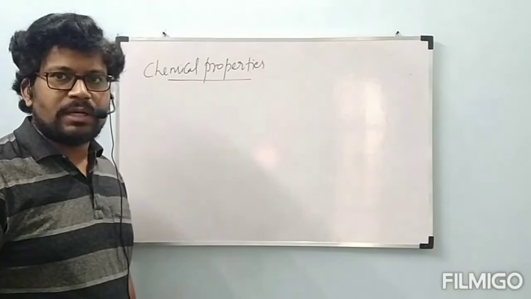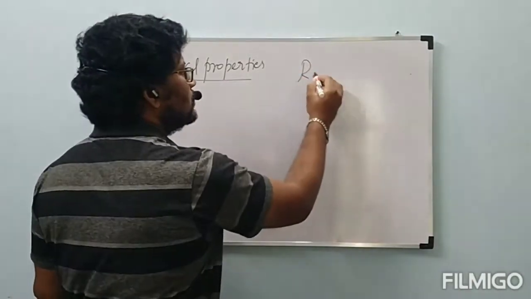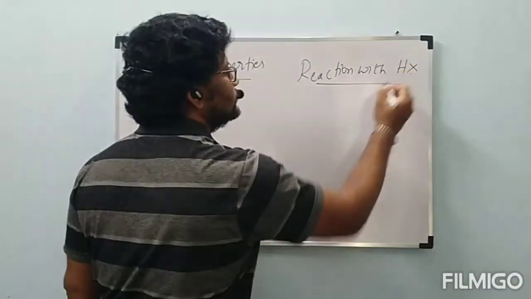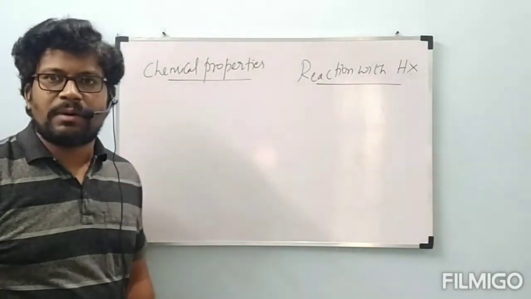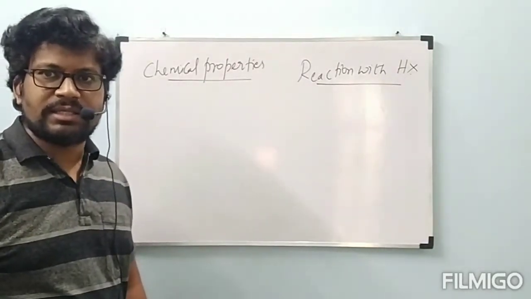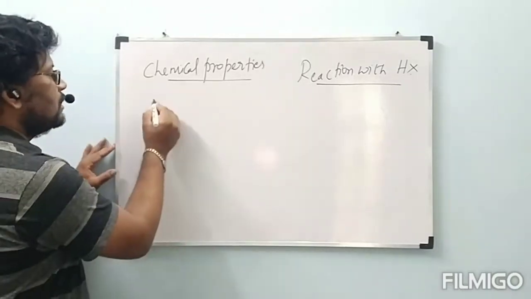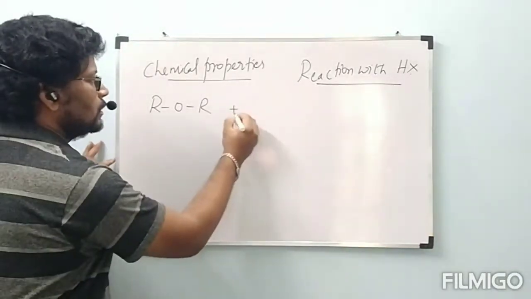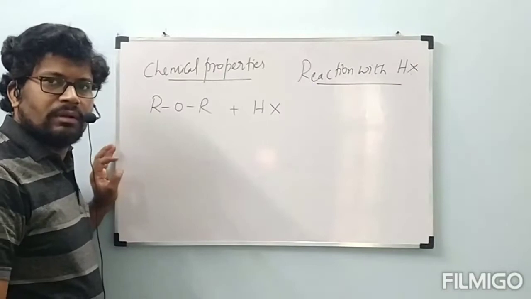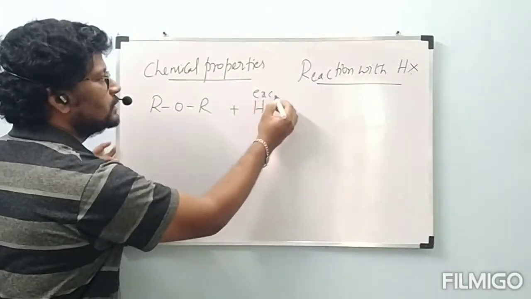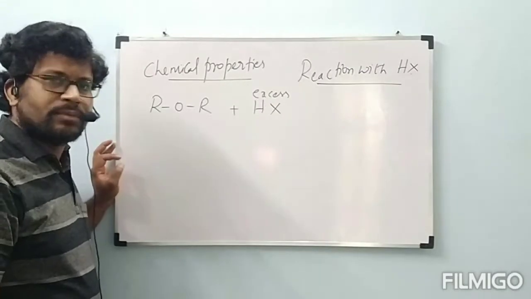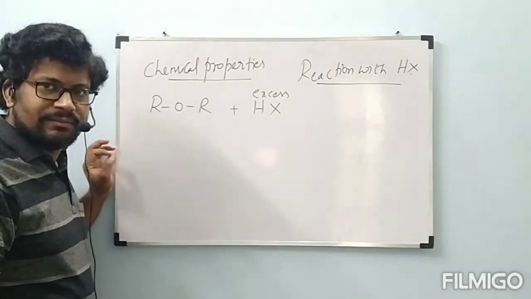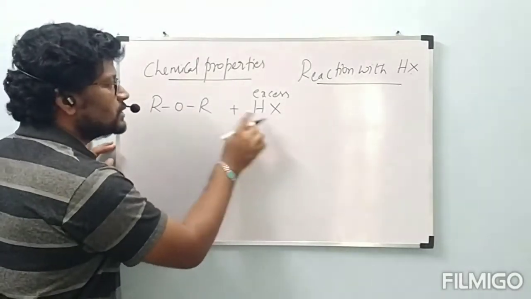We have only one chemical property under ether, that is reaction with HX. When ether reacts with HX, here we will consider excess of HX. X is nothing but halogen, and this is ROR, which is ether. When ROR reacts with HX,